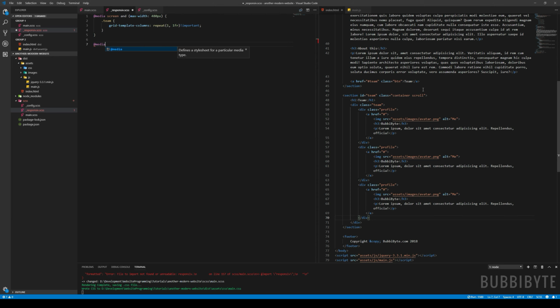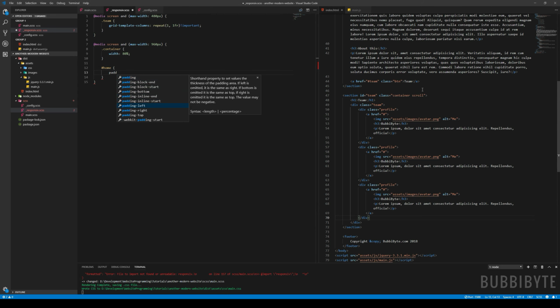We'll say media screen and a max width of 960 pixels, and go ahead and set the container width to 80%, and for the home we want to change the padding on the top to 15 view height,